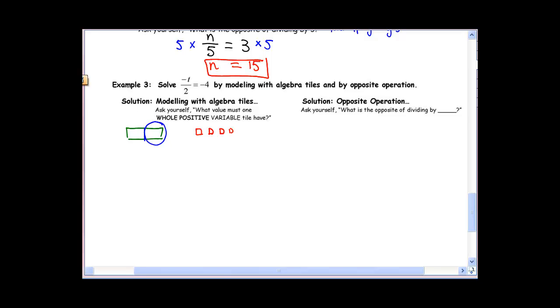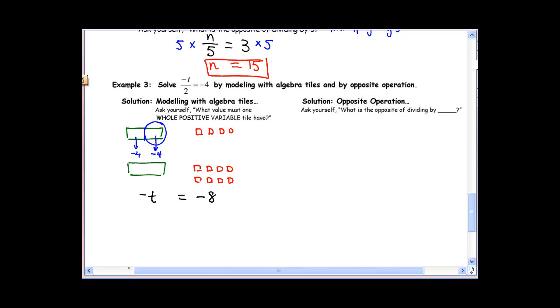So the goal here, once again, is to find one entire rod. And if each of these parts here is negative 4, that means this one here is also negative 4, which means I need to do what on the right-hand side? I need to double it, right? 2 pieces there. And so what this tells me here is I've got negative t equals negative 8,